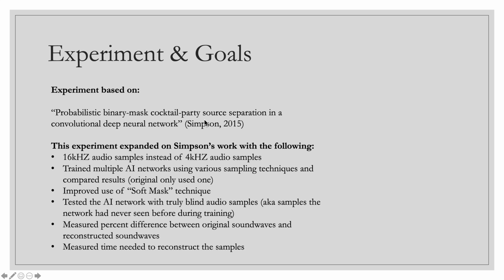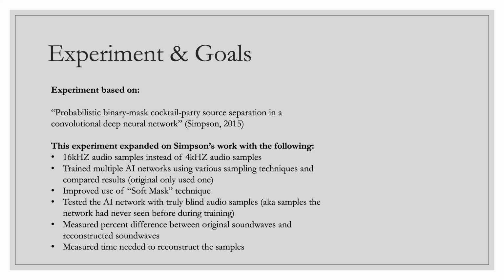So this experiment is based on an experiment that a guy named Simpson did in 2015. We are improving upon that experiment with the following methods. We're using 16 kilohertz audio data instead of 4 kilohertz, much more audio fidelity in that. We're training multiple AI networks using various sampling techniques. In his experiment, he only used one. He used the soft mask technique in his experiment. I found a way to improve that technique